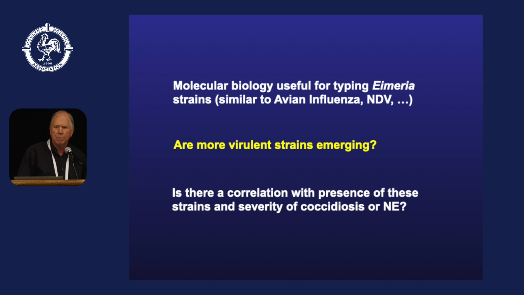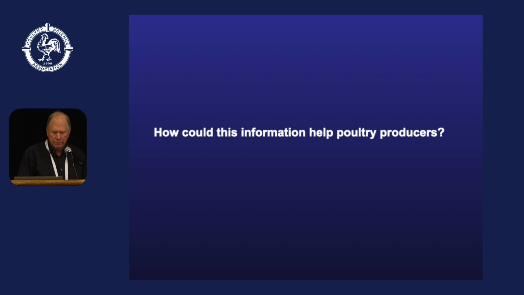So if you have a problem on a farm, you could isolate the oocysts and look for sequence patterns that may reflect different populations arising that are more virulent. And using that information, is there a correlation between the presence of these strains and the severity of coccidiosis or necrotic enteritis? But a lot of people, especially in the poultry industry, ask,